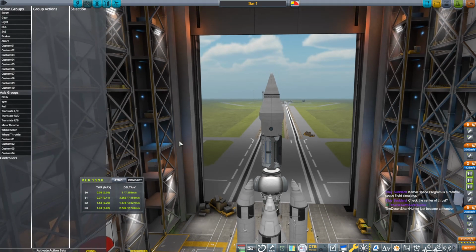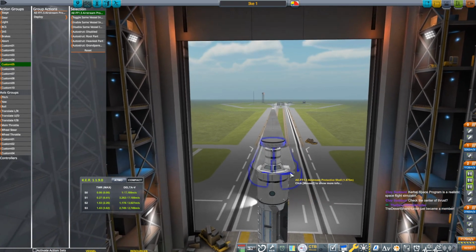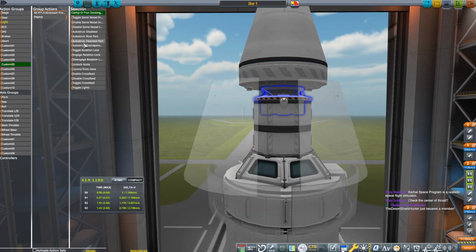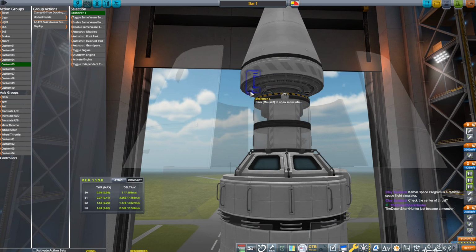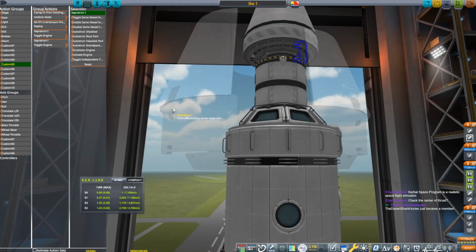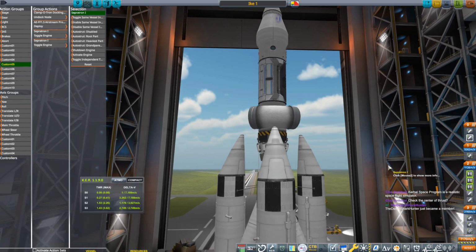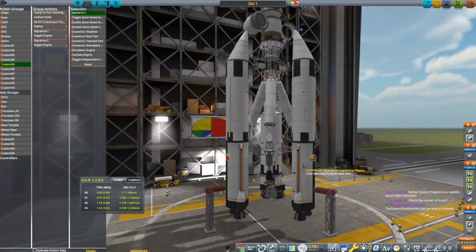All right, we're going to put in some action groups here. I'm going to put the staging on the... and deploy, undock that, and then fire off those. I'm putting that on action group 5. I like to put fairing deploy just on an action group because then you don't have to try and figure out where it needs to fit in the staging. Other than that,